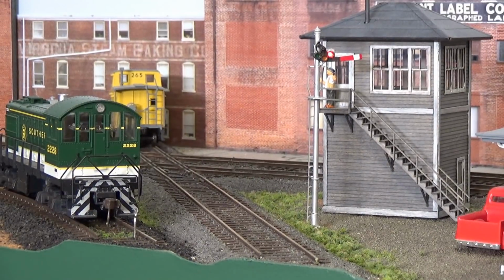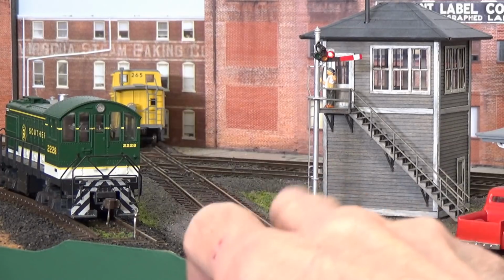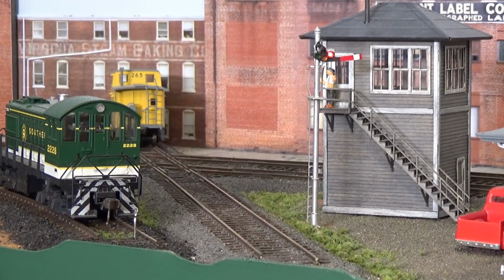Okay, now what we have here is a section where we've got the C&O tracks right here, and they cross the Southern Main Line here in Charlottesville, Virginia. The CSX tracks still are there crossing the Norfolk Southern Main Line, and it's been going on for a long time. But in order to protect the main line trains and the C&O trains, there was a semaphore set up there for many years. It's now standard